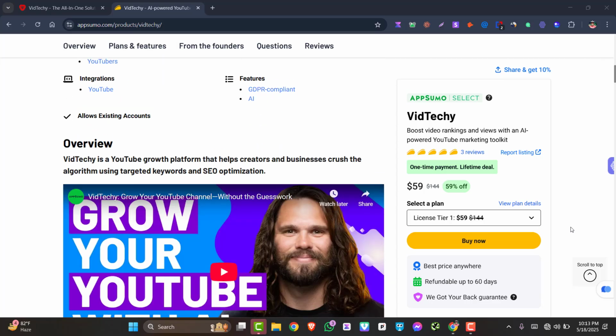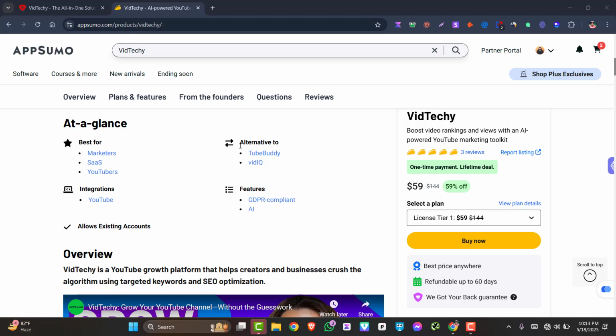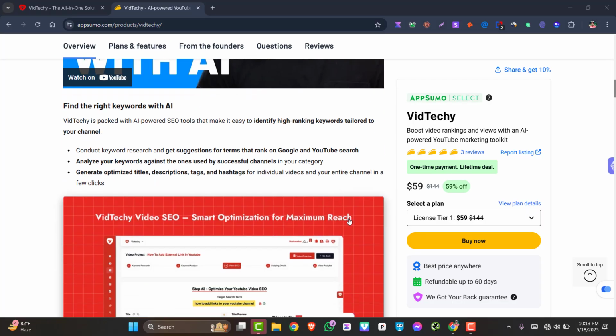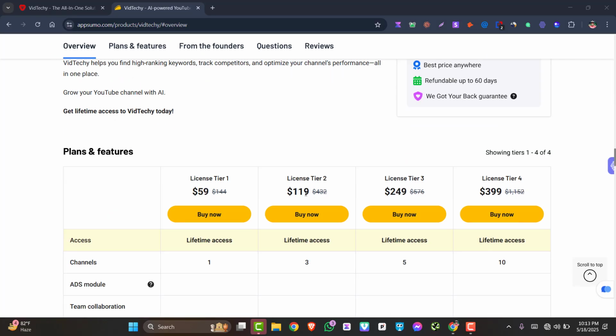And if you scroll down, they're claiming this tool is an alternative for TubeBuddy and VidIQ. So if you have a YouTube channel, or if you have a business and you are managing a YouTube channel and you want to optimize your YouTube video and grow your YouTube channel, then this type of tool is really cool for you. I will show you how this tool works, but if you scroll down, as you can see,